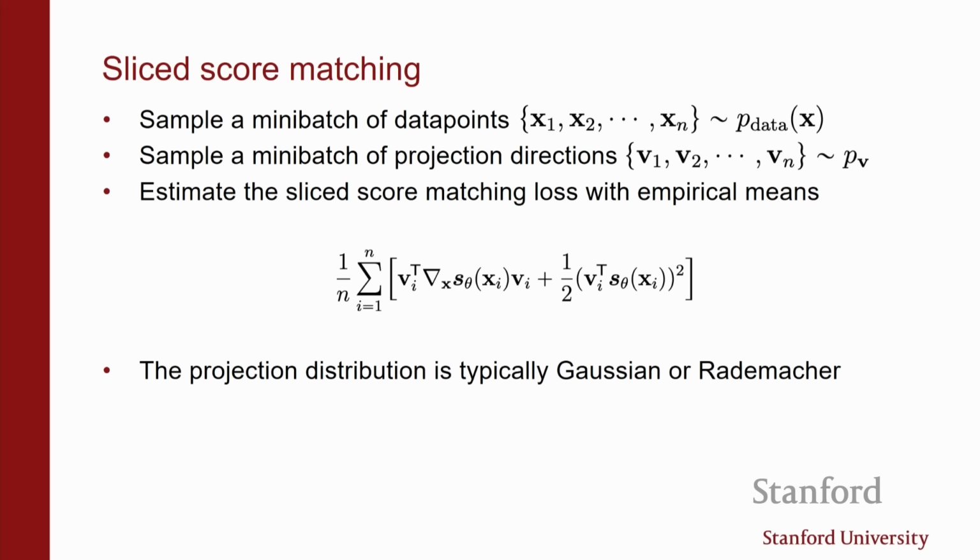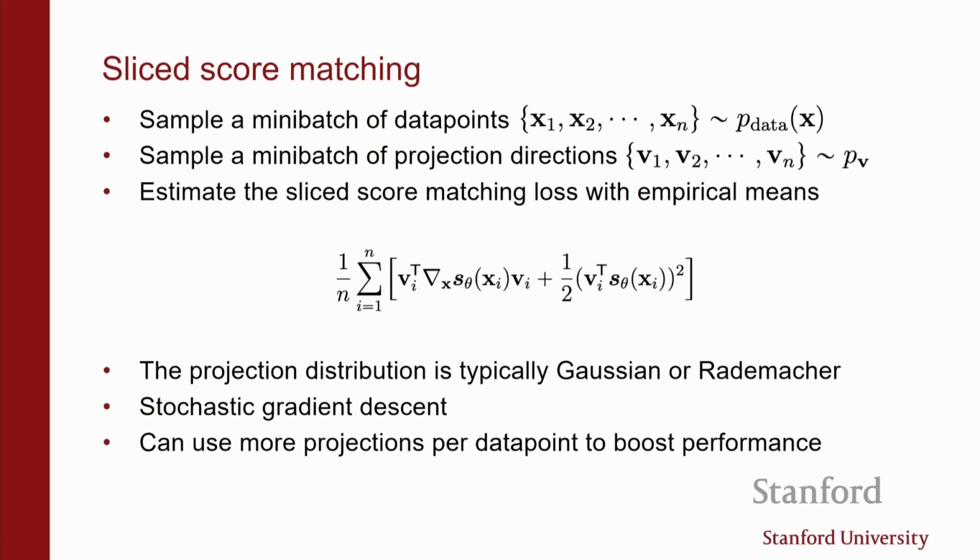If you are willing to pay a little bit more computation cost, you can take multiple random projections per data point. You can try to match not just along direction v1, but you can take a bunch of them and then average them. And so there is a natural way of reducing variance by taking more projections, but then it becomes more expensive. Eventually, if you take n projections, where n is the dimensionality, and you can compare on every single coordinate, it goes back to the original one. And you are free to choose something in between. In practice, one projection works.